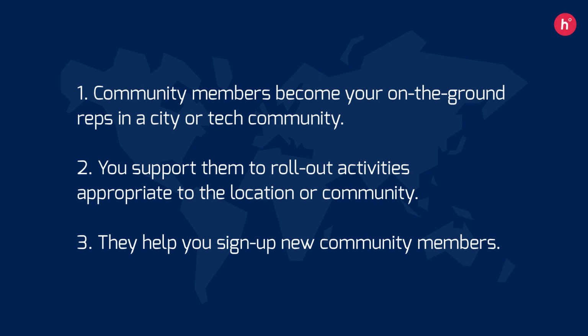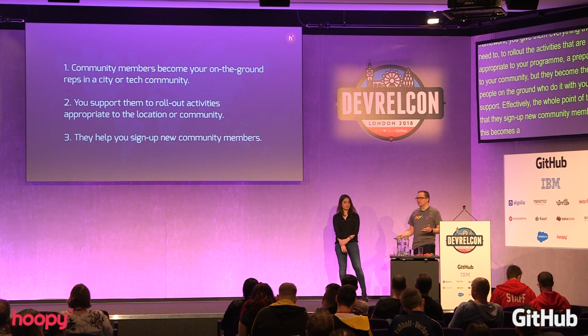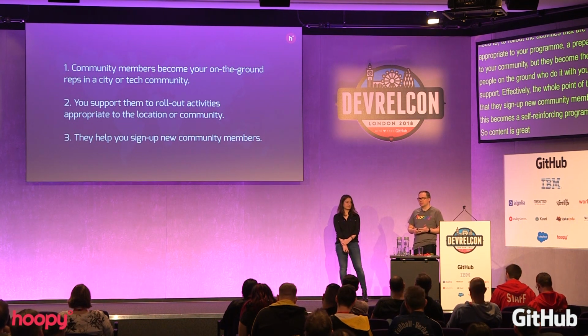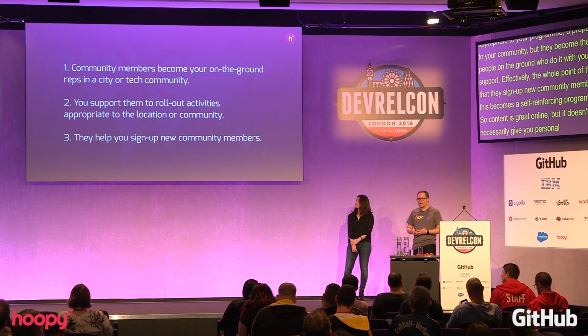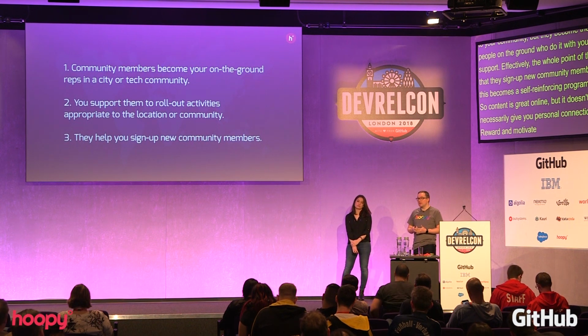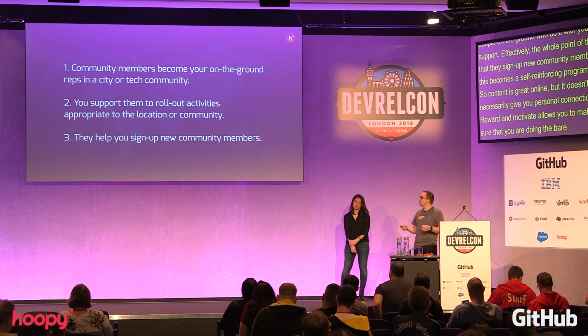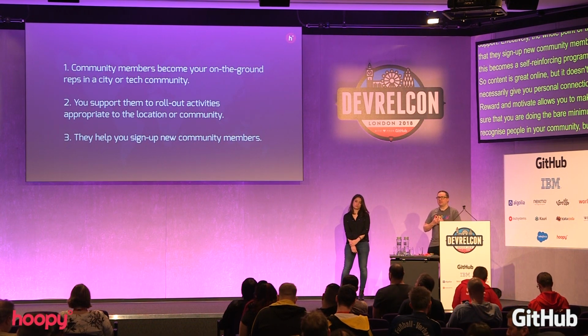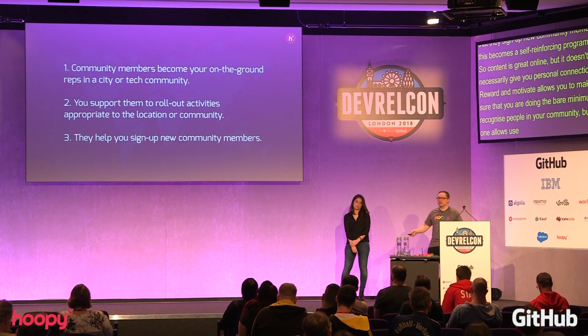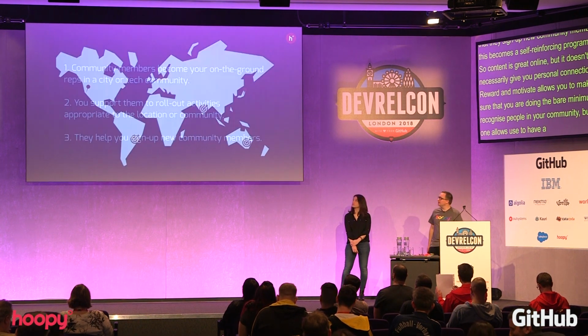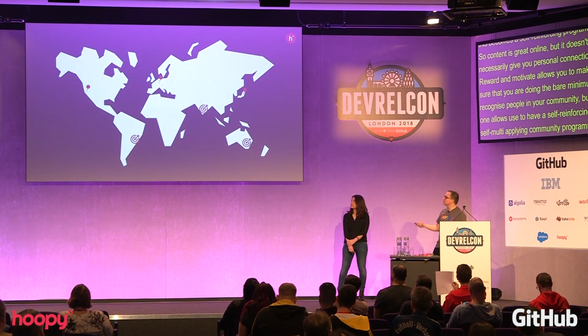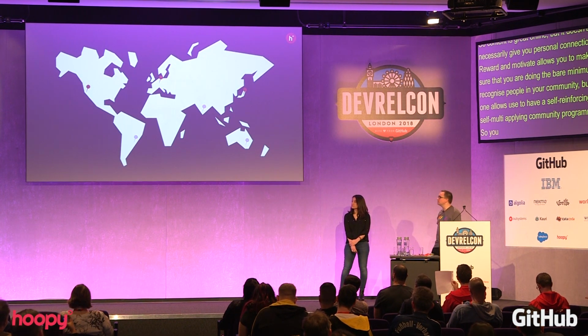And effectively, the whole point of this is that they sign up new community members, and this becomes a self-reinforcing program. So, you know, content is great online, but it doesn't necessarily give you personal connections. Reward and motivate allows you to make sure that you're doing the bare minimum to recognize people in your community. But this one allows you to have a self-reinforcing, self-multiplying community program. So suddenly, you can reach those areas and those technology communities that you wouldn't have been able to